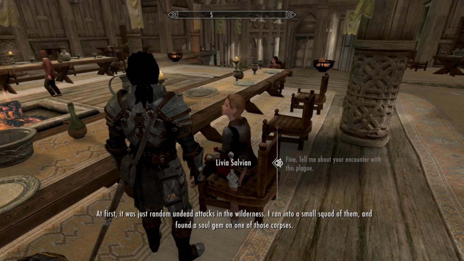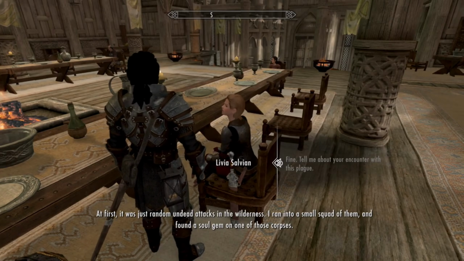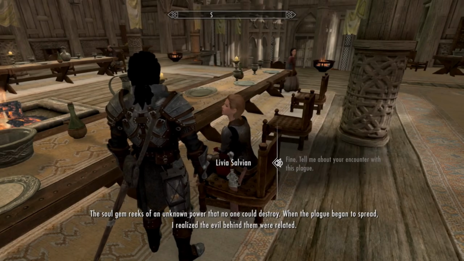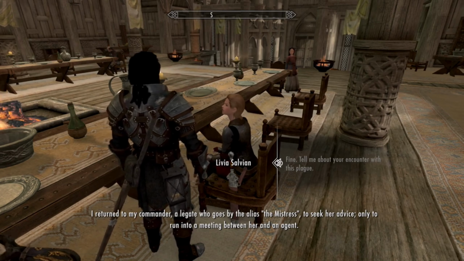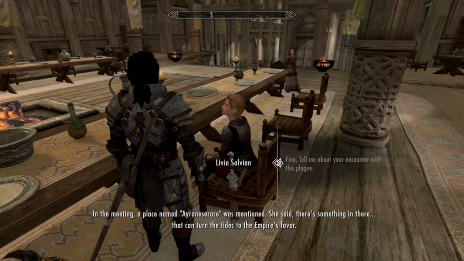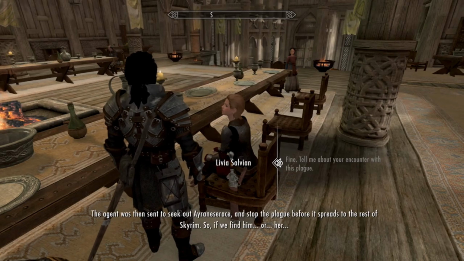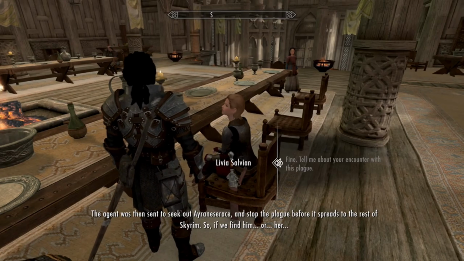At first, it was just random undead attacks in the wilderness. I ran into a small squad of them and found a soul gem on one of those corpses. The soul gem reeks of an unknown power that no one could destroy. When the plague began to spread, I realized the evil behind them were related. I returned to my commander, a legate who goes by the alias The Mistress, to seek her advice, only to run into a meeting between her and an agent. In the meeting, a place named Oranaceris was mentioned. She said there's something in there that can turn the tides to the Empire's favor. The agent was then to seek out Oranaceris and stop the plague before it spread to the rest of Skyrim. So if we find him, or her...